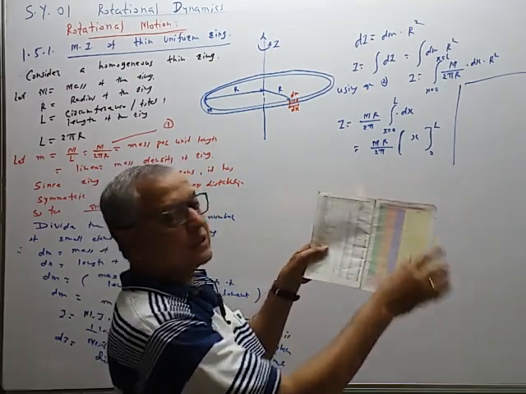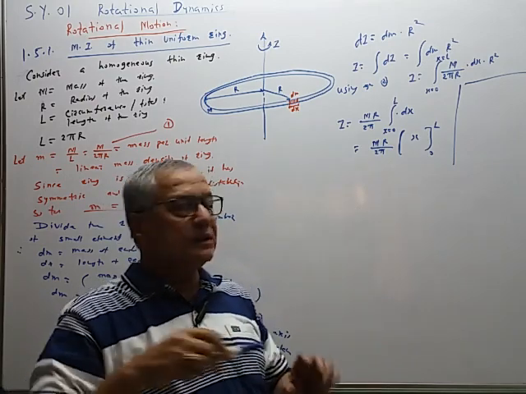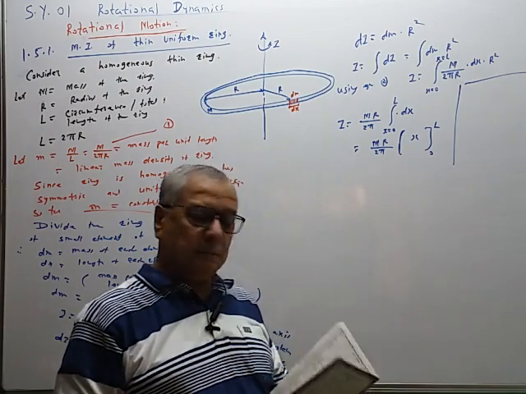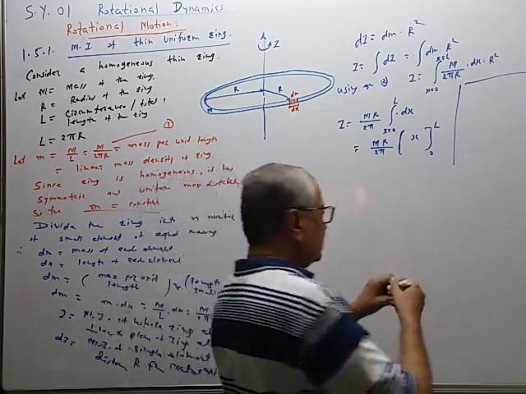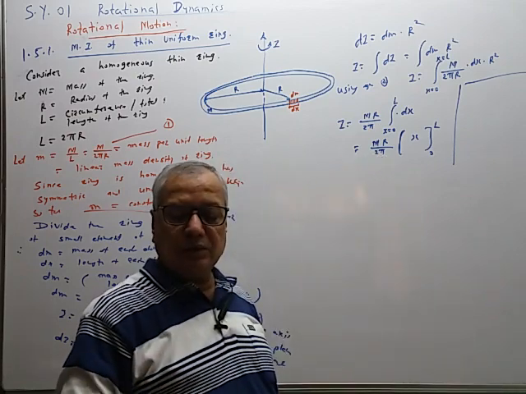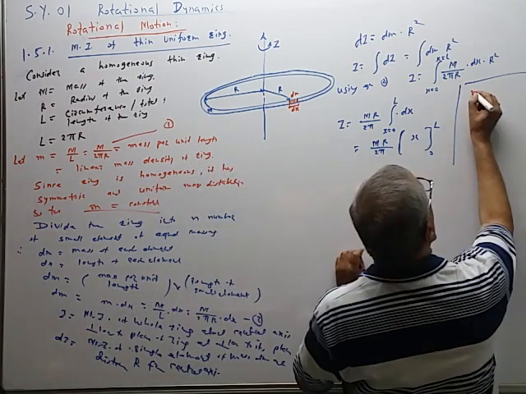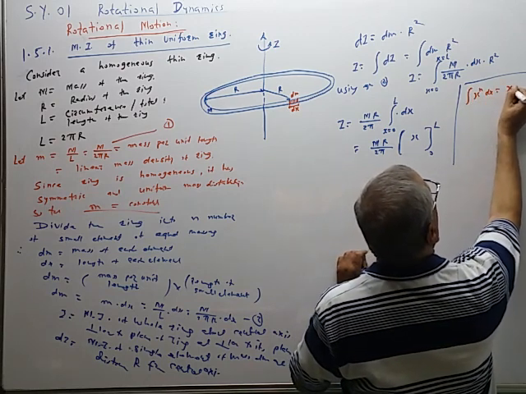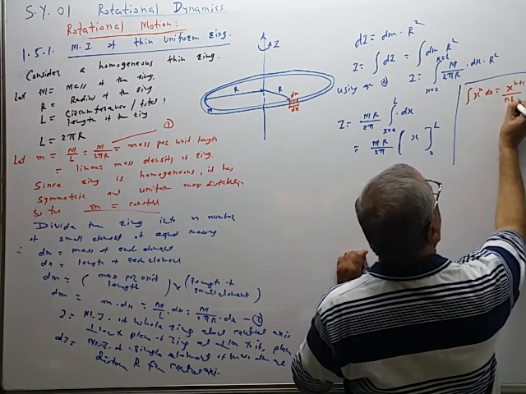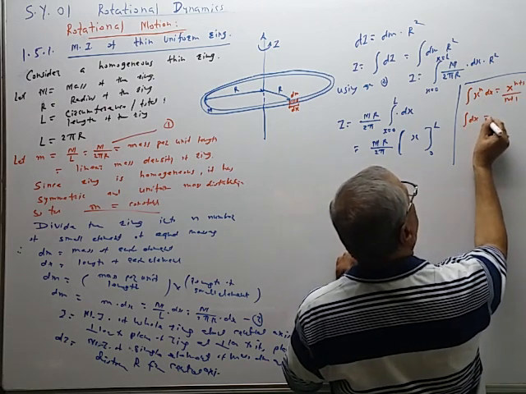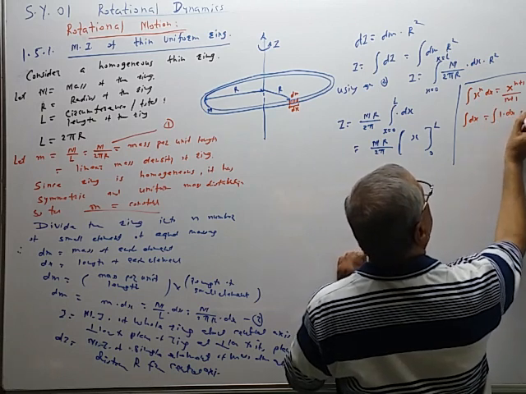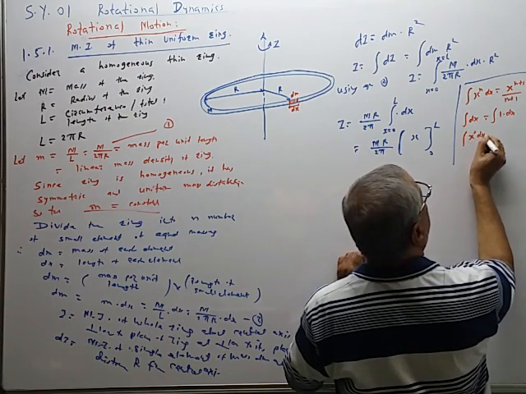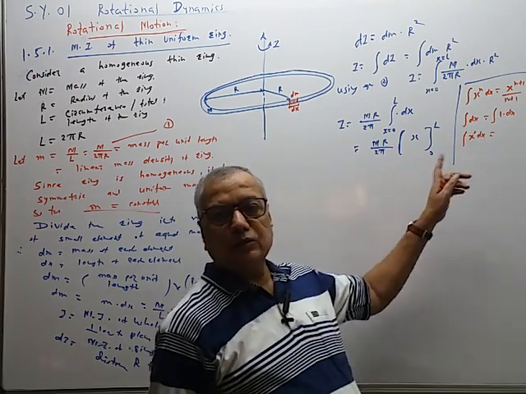The first formula is x raised to n. So x raised to n has integration x raised to n plus 1 upon n plus 1. I have explained this integration earlier also, I will explain it once again. Integration of x raised to n dx is equal to x raised to n plus 1 upon n plus 1. So integration of dx is equal to integration of 1 into dx, which is integration of x raised to 0 dx. Anything raised to 0 is equal to 1.